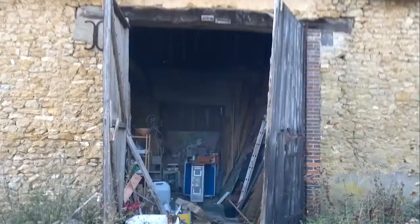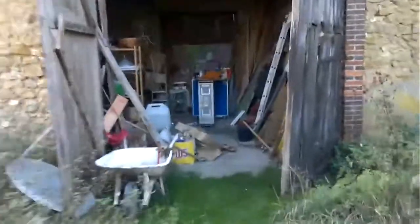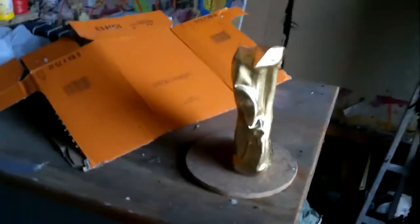So this is the barn, which is sort of my atelier, my studio, and it's also a big mess. I am a big mess, so yeah. And here I've been playing around with doing all sorts of strange things, like this thing here, which is, I guess what it is, a plastic bottle which I've goldified. It was just an experiment, and it's not something I would actually